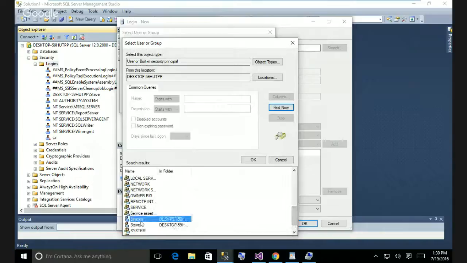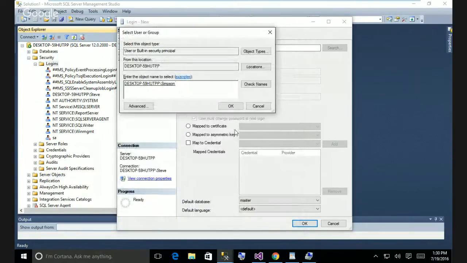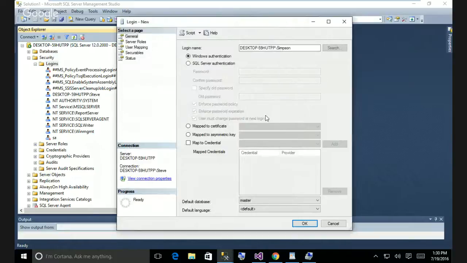There is Bart Simpson. I'm going to do OK, and I'm going to do OK. And so it's the computer name and Simpson. Now, as we create this,